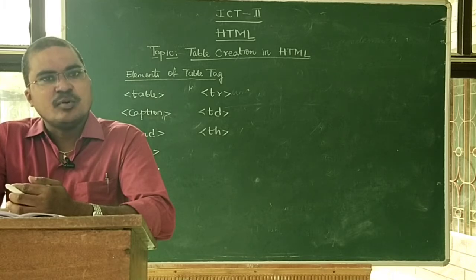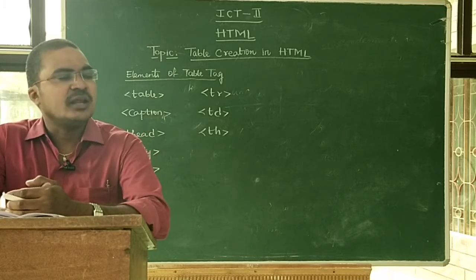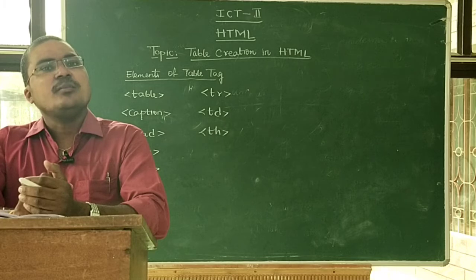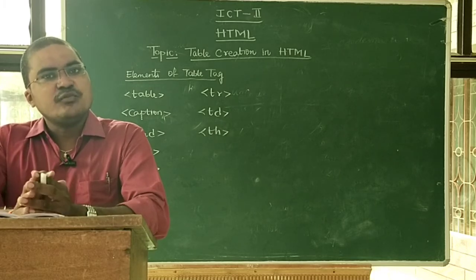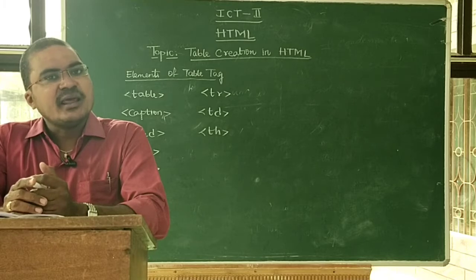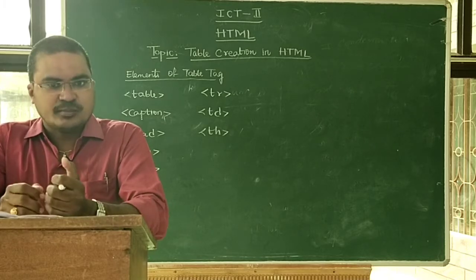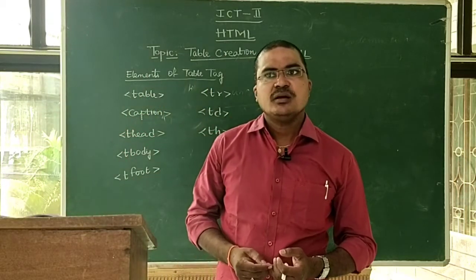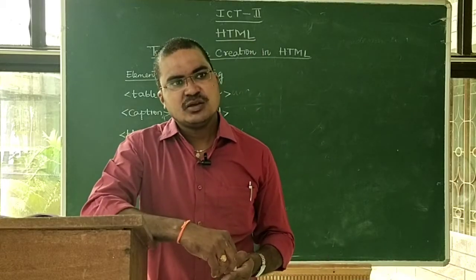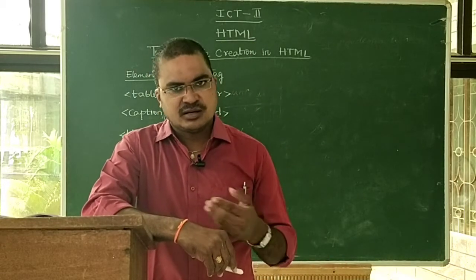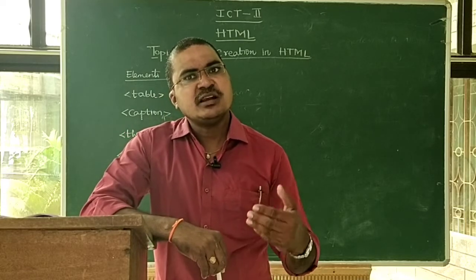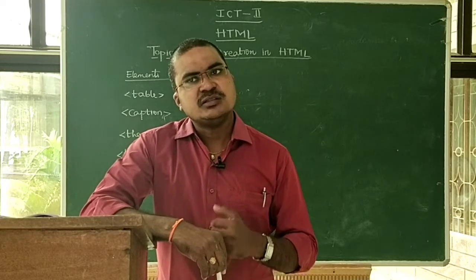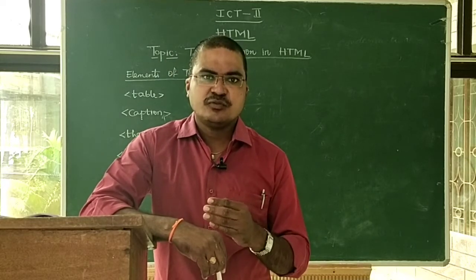Okay, let us discuss the topic in HTML, table creation in HTML. Exactly, you know a table is a collection of rows and columns that arranges data in a tabular format. Okay, you see many tables in your real life also. For example, every day we collect attendance in the classroom. The attendance can be collected in table format, and we generate the mark list or prepare a timetable of the examination. These are all the best examples of tables.